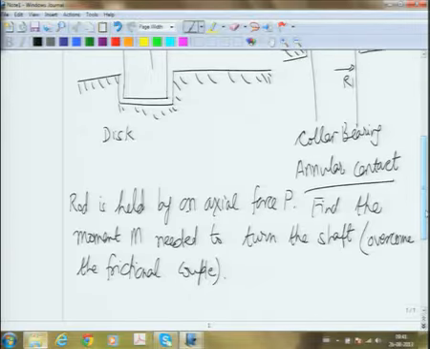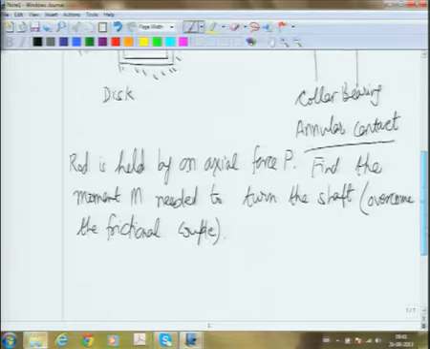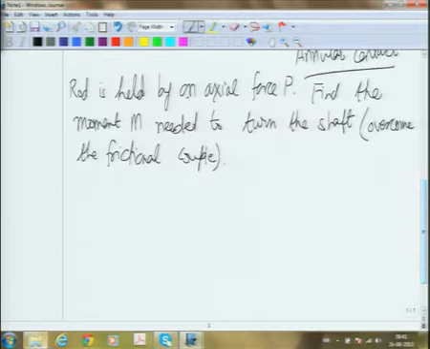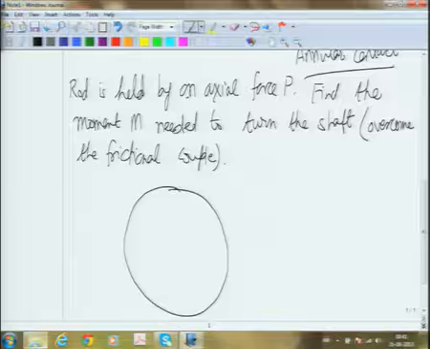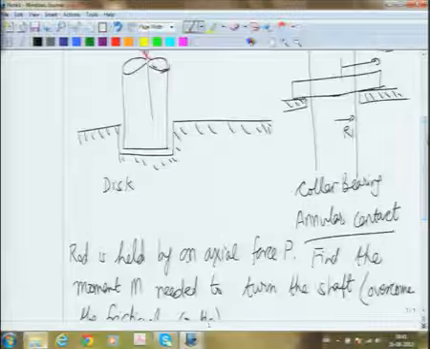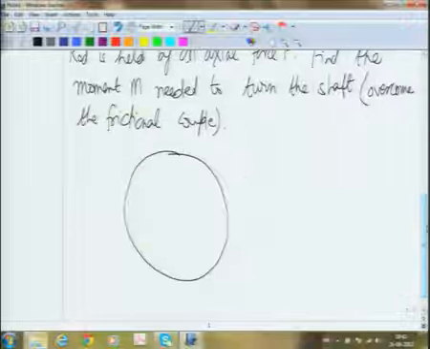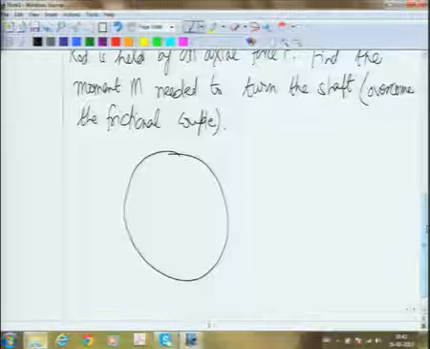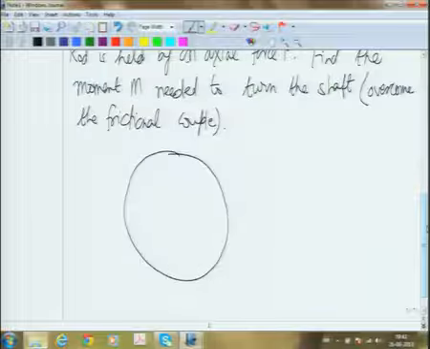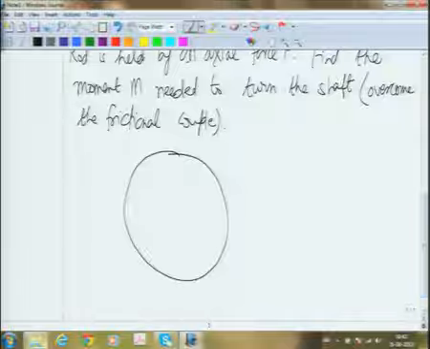So, in all these problems you have to look at the area of contact. So, let us look at the left problem, that is the problem of a disc contact. Here, if I look at the top view, the area of contact is a full circle, and what I do on this area of contact is that I will choose